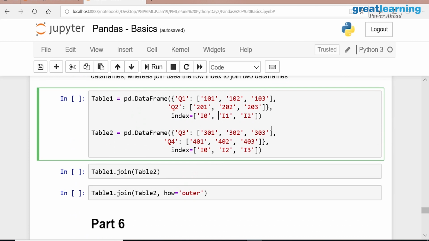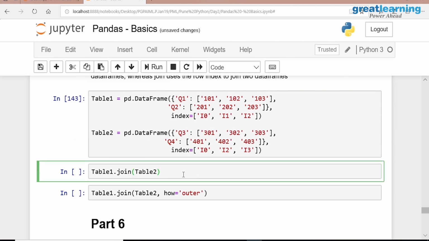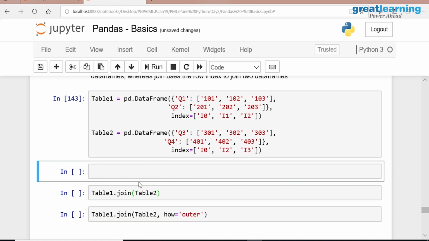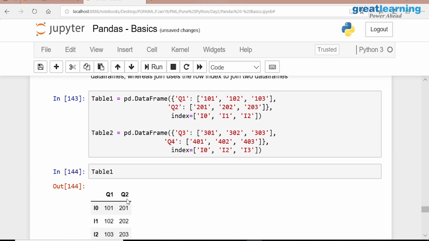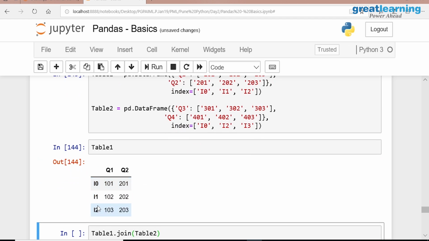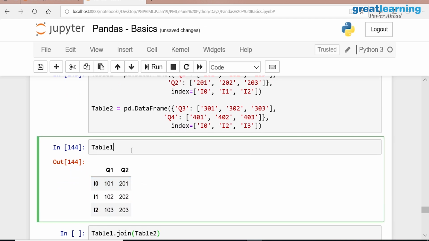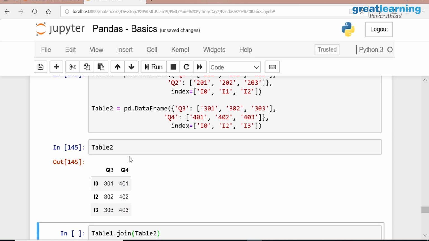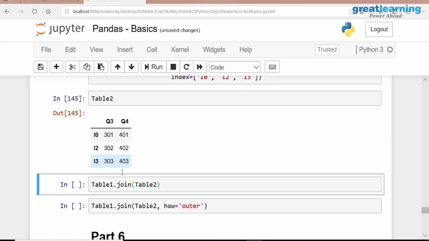For example, if you look at the data like this, you have table 1 like this, right? I0, I1, I2. And table 2 is like this. Now you want to join them.